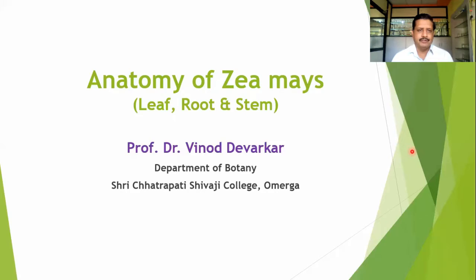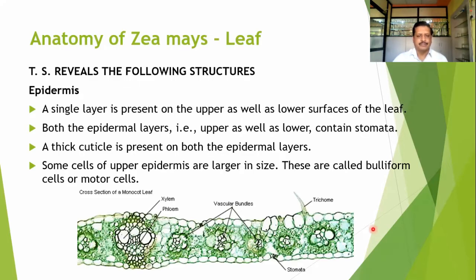In this unit, we can learn leaf anatomy, root anatomy, and stem anatomy of Zea mays, starting with the transverse section of the leaf, where we can find the typical characteristics of this particular maize leaf. The outermost layer is known as the epidermis. This is the upper epidermis, and the same condition is here at the lower epidermis. So lower and upper epidermis are present. This is normally a single layer, and both the upper and lower surfaces have these epidermal structures.